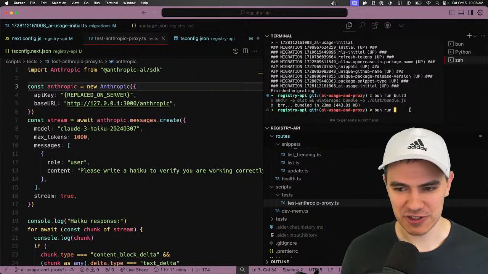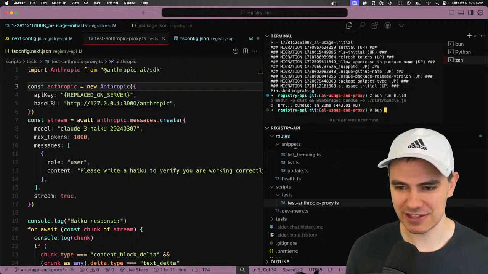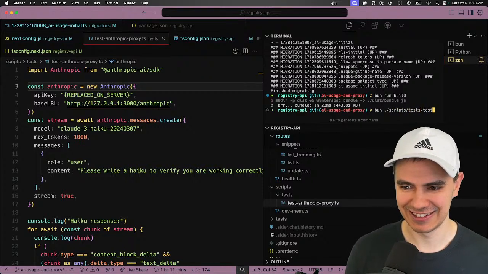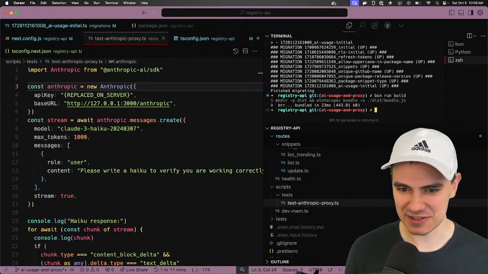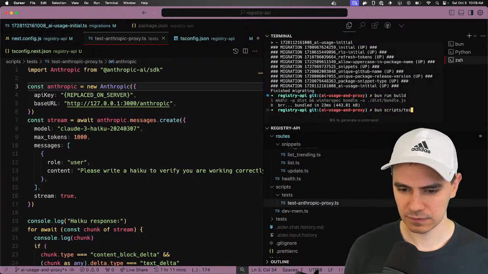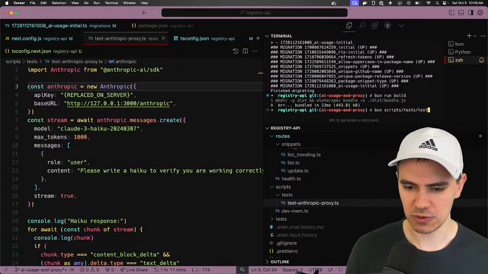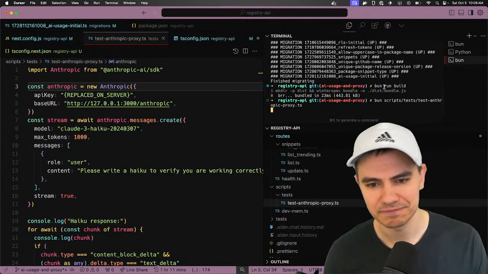Bun has different levels of support, etc. So this is all to say we're going to do some manual script style testing, just kind of janky. And there's a bunch of disclaimers on the files that this isn't well tested. I don't know why it's not auto-completing. Anthropic proxy.ts. Okay.